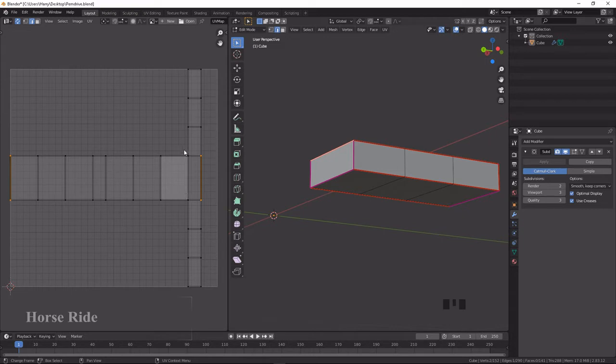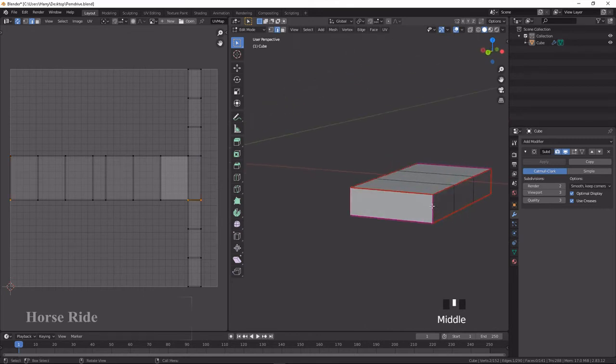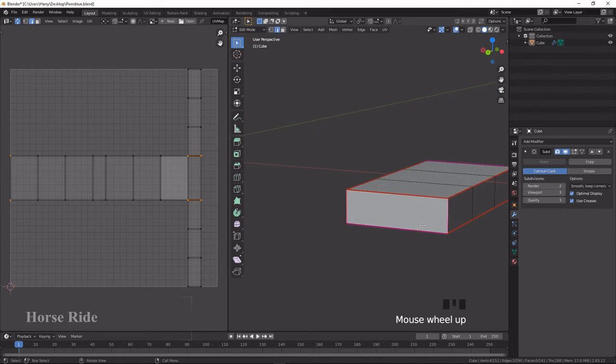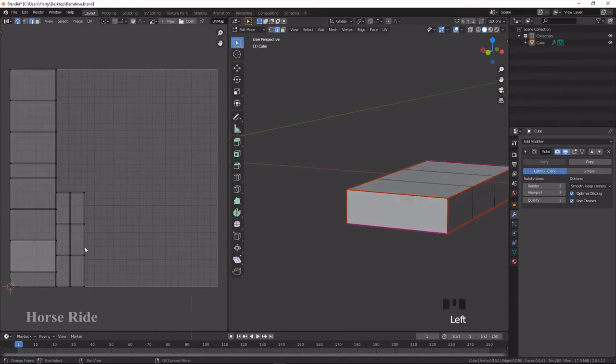So to align this, you want to make this also straight. So you can do like this, select these two edges once again, press F5 and press A, and U to unwrap and select the unwrap menu. Now you can see it's selected like this. So these are separate objects which are there for us.